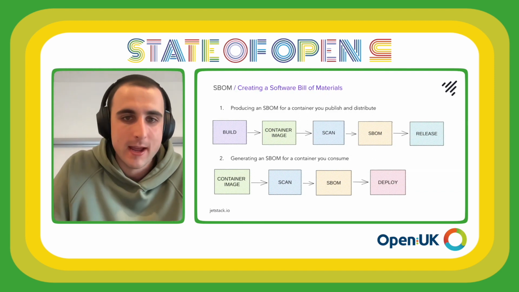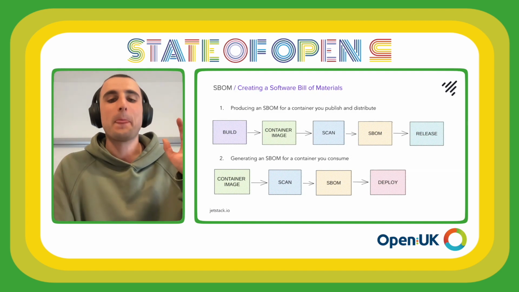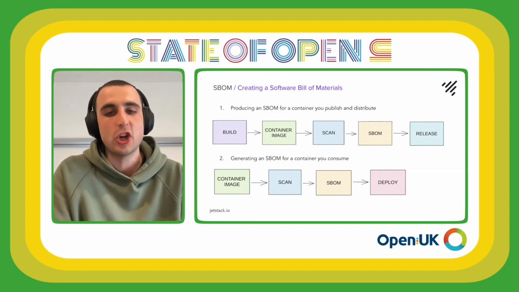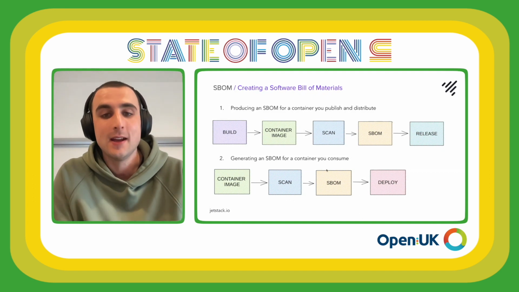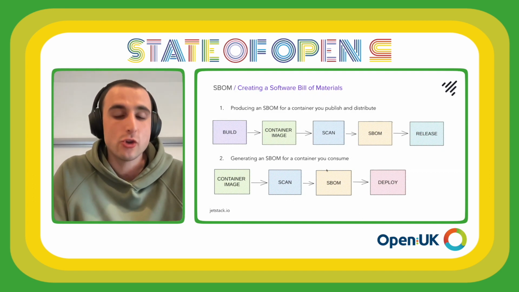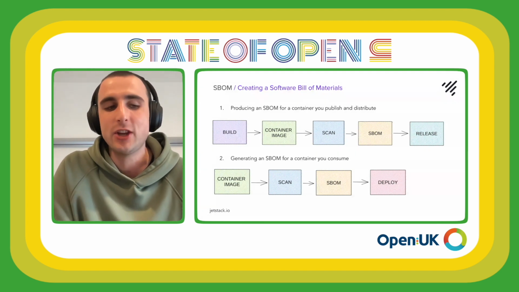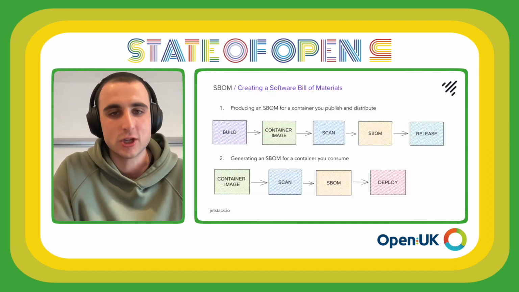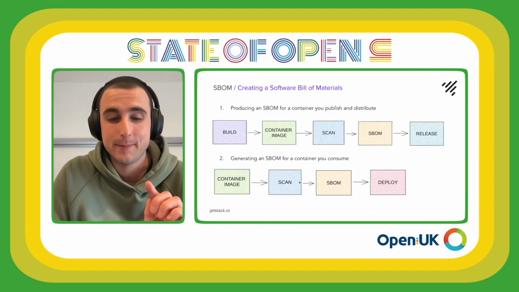The second scenario is if I'm generating an SBOM for a container you consume. As I said, you should be focusing on the consuming before the production. The reason why is because you can mandate, especially if you're paying for the software, that the vendor do this SBOM generation for you, and they should oblige, especially if they want your custom. So if they were to do that, let me correct myself.